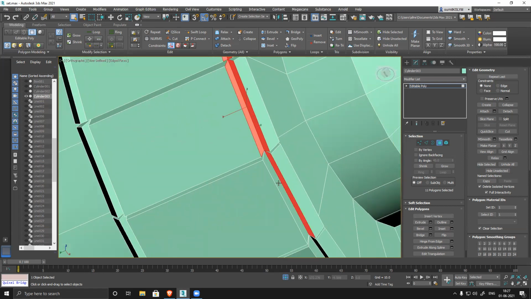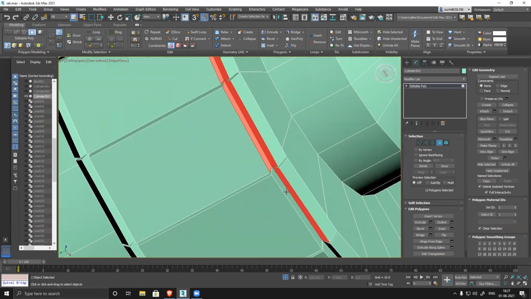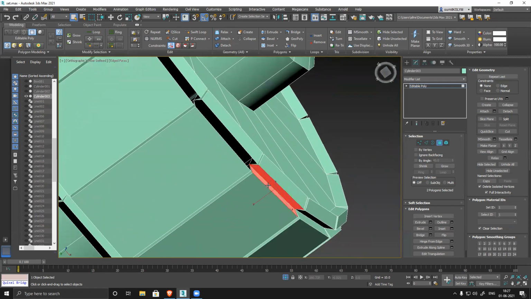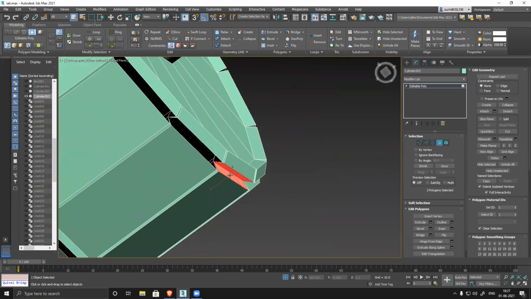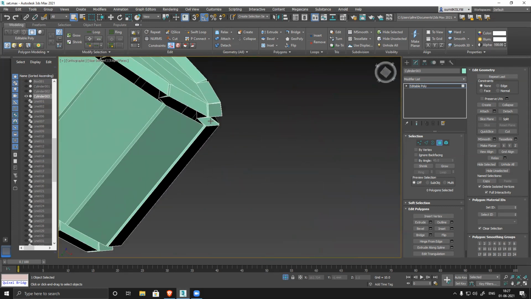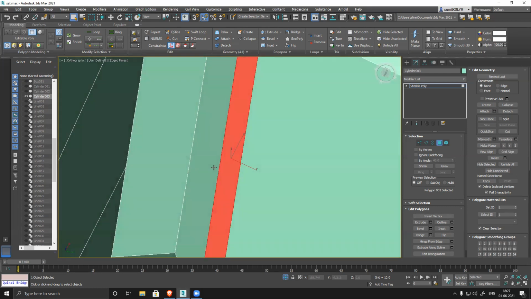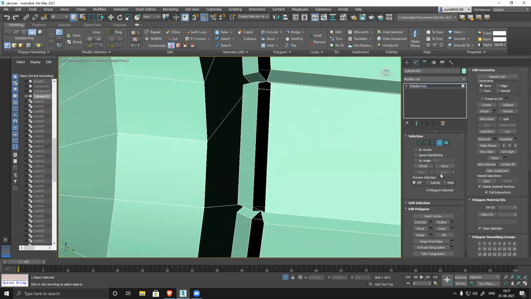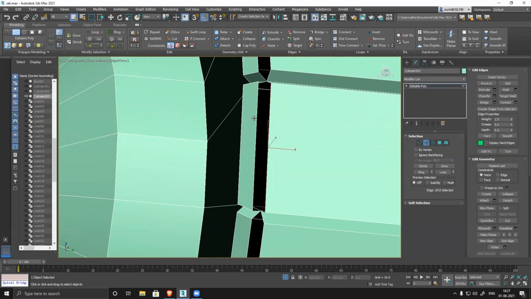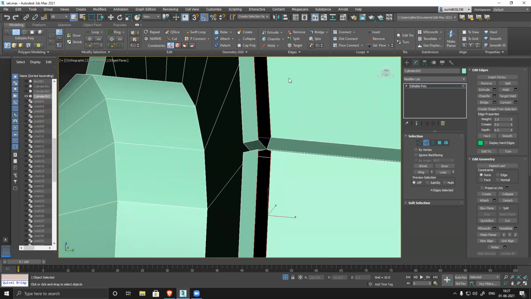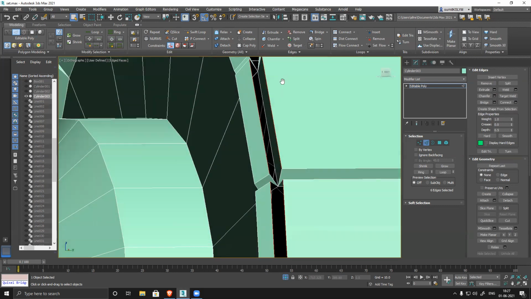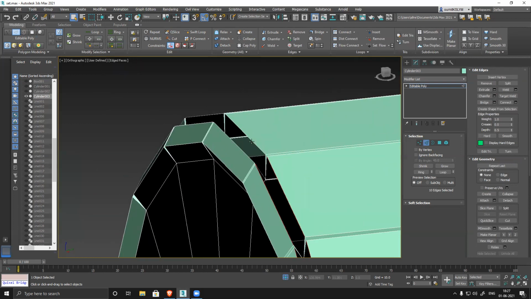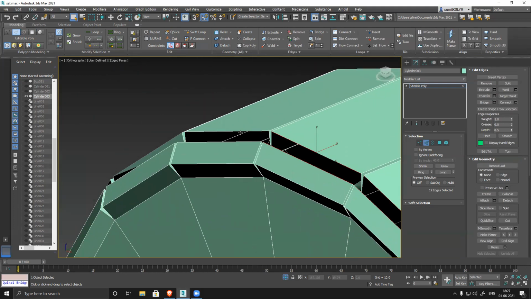Then texturing also becomes complex. Delete. So I deleted everything. You can see I'm not selecting everything, just the border edge, one edge.